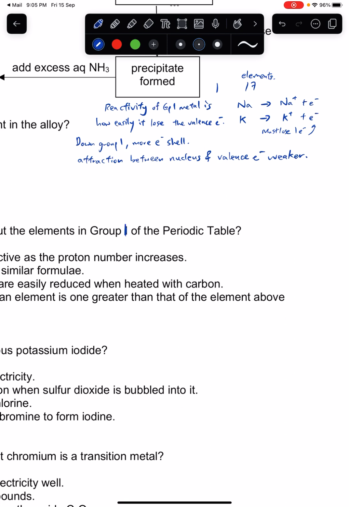Okay, so that means down the group, the attraction is weaker. So you look at the original so-called topic sentence. If the attraction is lower, it becomes easier to lose the valence electron, right? And what's reactivity? Losing valence electrons. If it is easier to lose, therefore reactivity will increase down the group, because easier to lose and losing electron is